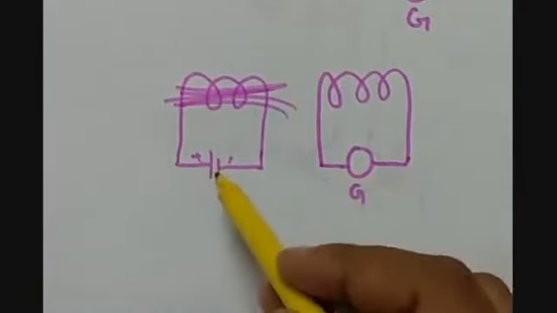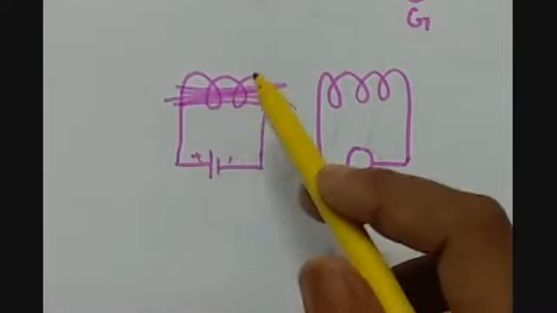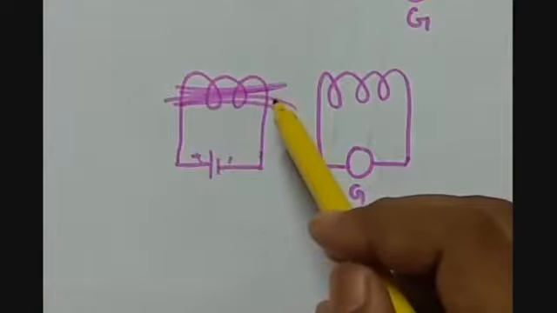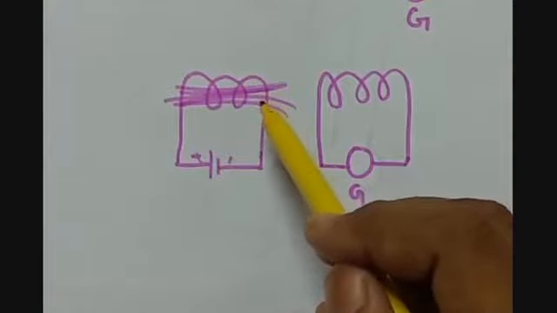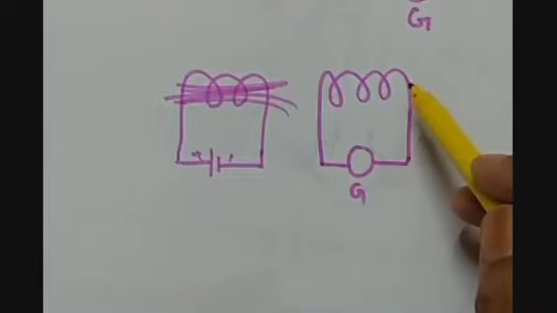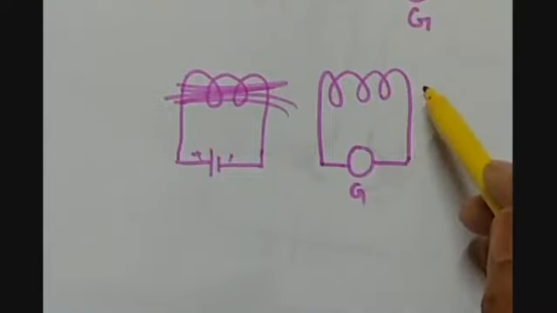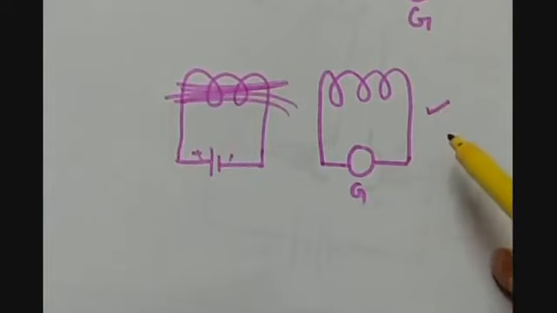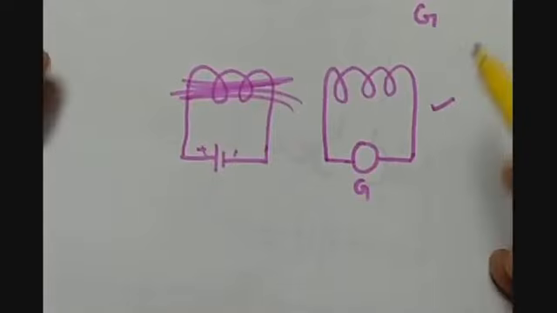So when the current keeps on increasing or decreasing, that means when the current is varying, the magnetic field strength will also vary. Accordingly, there will be a development of potential difference, and that will cause the production of induced current in the second coil. So this is how current is induced in the closed coil. Now, this phenomenon